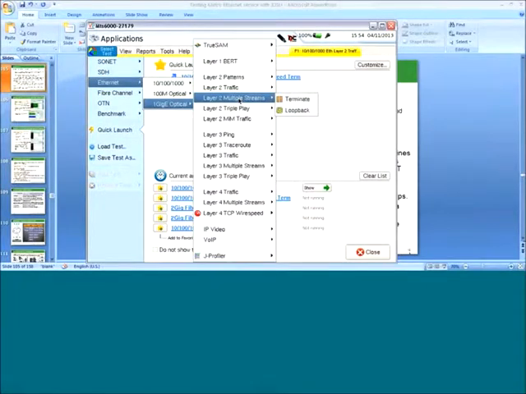So this is the option you want to select before running a Y.1564 test, because Y.1564 allows you to do multiple streams testing at the same time. Of course, you can still run Y.1564 in a single stream, but really its main purpose is to allow you to turn up multiple streams in one shot. So if I go to terminate layer 2 multi-streams,